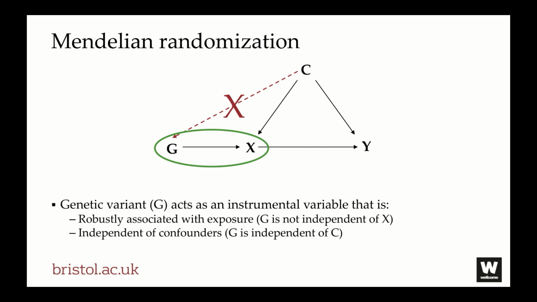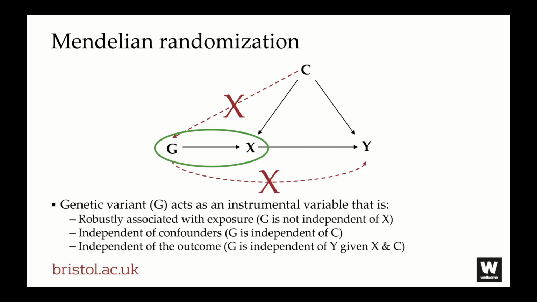That's sometimes called the independence criteria. And then we want to make sure that there's no independent pathway linking the genetic variant to our outcome of interest other than through the exposure. That's sometimes called the exclusion restriction criteria, or pleiotropy. There should only be a relationship between the genetic variant and the outcome through its effect on the exposure,